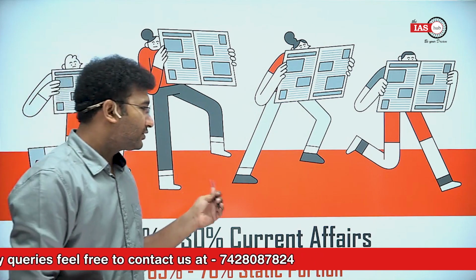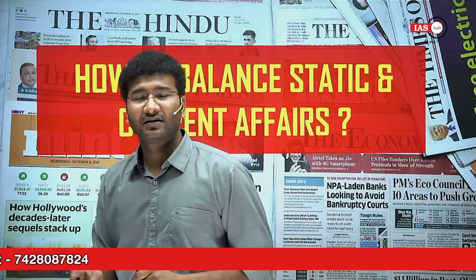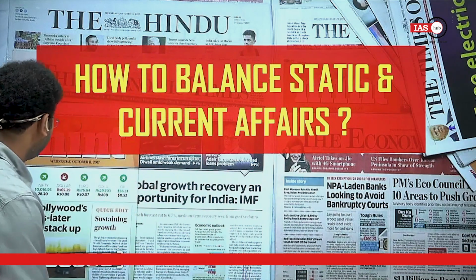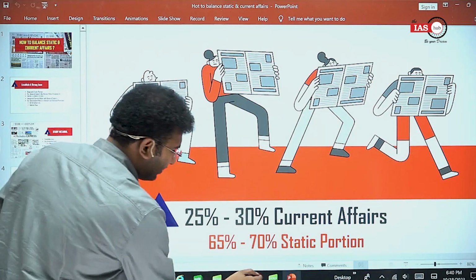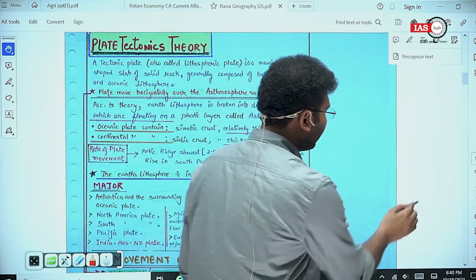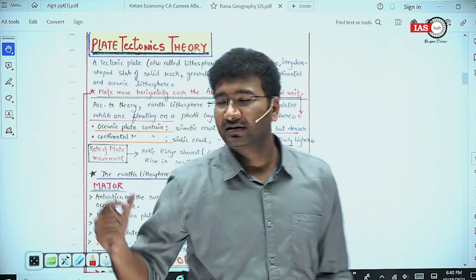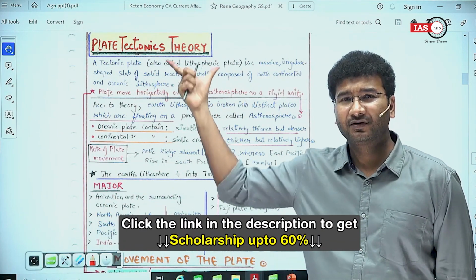So first question is, sir, how do I integrate this current affairs to the static? Let me tell you using a practical example here. Now, I'm going to show you notes that have been made by one of my students named Rana Satyam. What he does is, he makes the notes in 60 to 65% of the paper and the rest of the